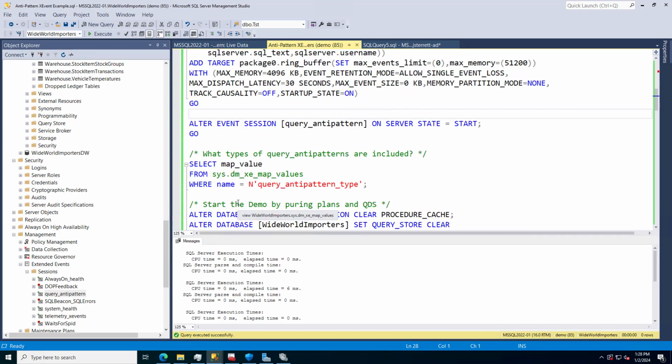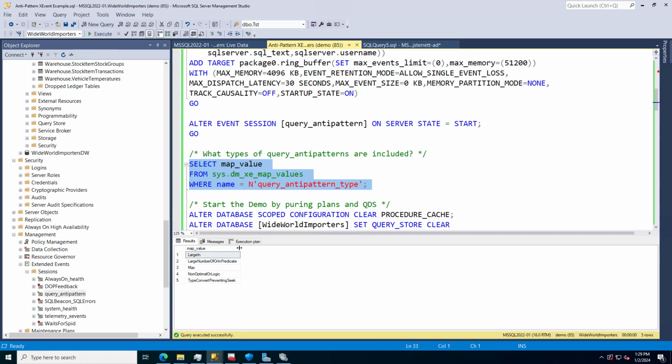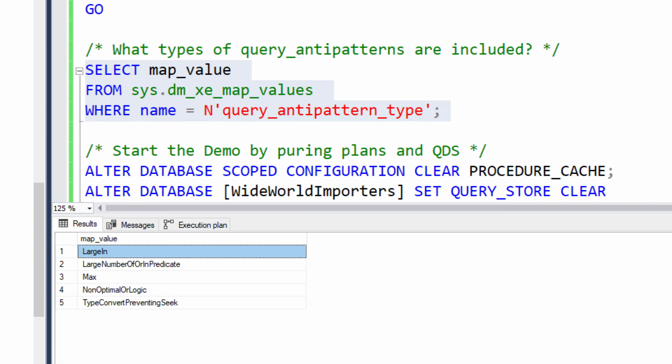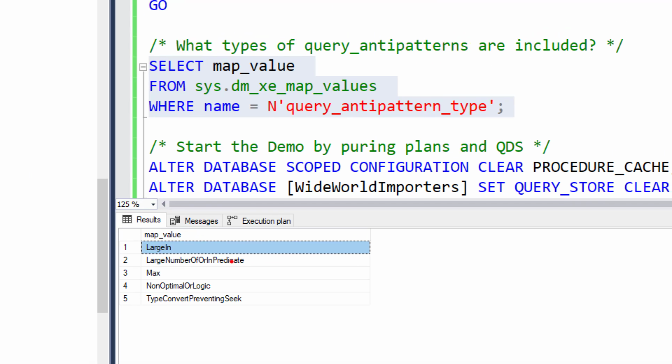All right, so now that we have that, the first thing you're probably wondering is, well, John, what is an anti-pattern? One of the great things about extended events is you can go to the system view for the mapped values to get some insight into what can be caught. So far, and I'm sure over time more things will get added in here, the ones that we're going to use today in our demo is